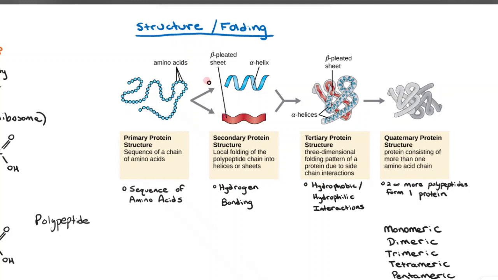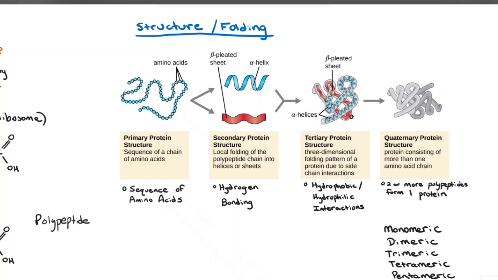The other structure is a beta-pleated sheet, and you can think of this as being like a zigzagged flat sheet. And multiple of these different structures can be within a single protein. So you could have, like, 3 alpha helices and 2 beta-pleated sheets within a single protein, or any other different combination. All right, then we have the tertiary structure, and this is the overall 3-dimensional structure of a single polypeptide chain.